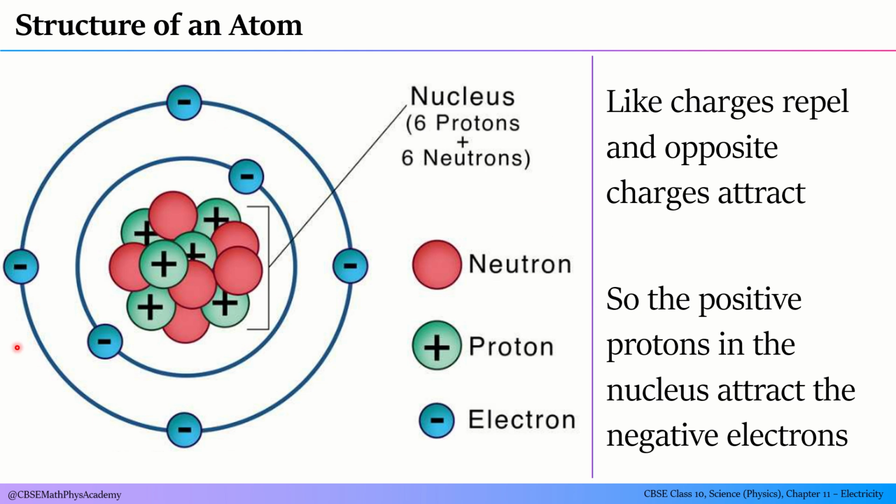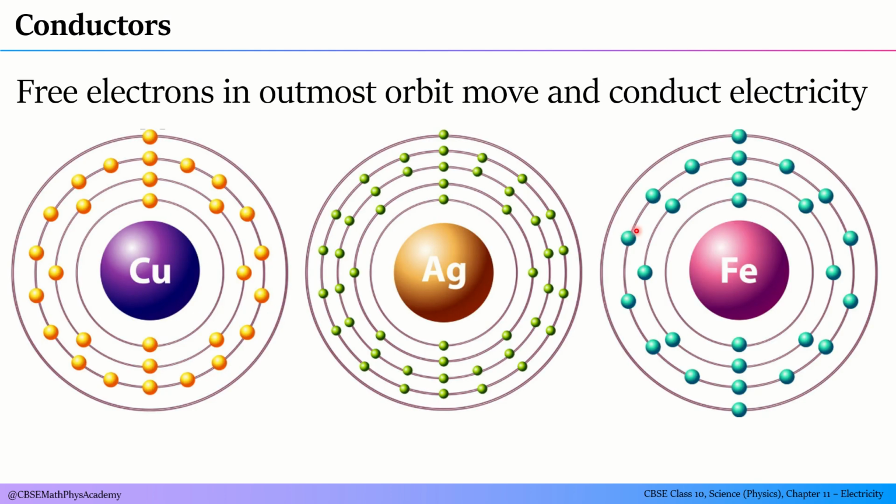As a recap, we saw the structure of the atom in the part 1 video, where there are electrons outside and protons and neutrons in the nucleus. Electrons are negatively charged, and these electrons and protons attract each other because like charges repel and unlike charges attract. In the case of a conductor, there is only one electron in the outermost orbit, which is free to move because it is far away from the nucleus and not strongly bound by the attractive forces